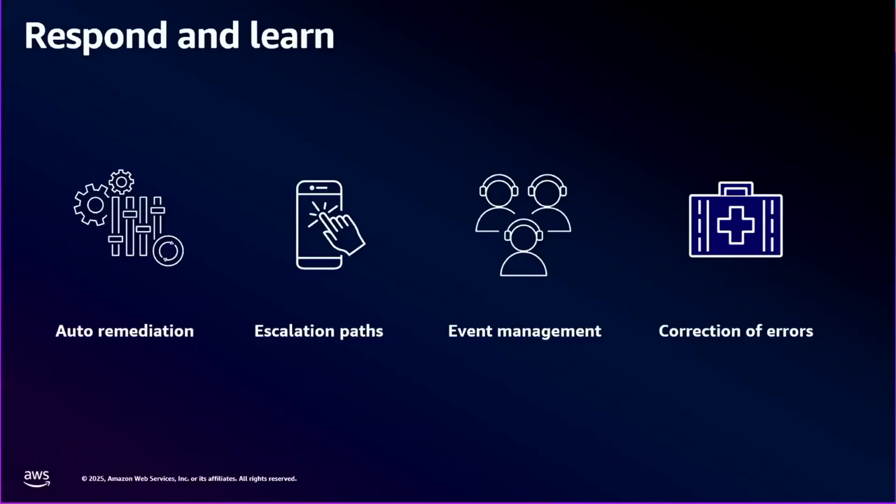You also need the right event management processes and systems to do things like communicate to your customers, whether they're external or internal customers that are using your application. And one of the recommendations, and some of the things we talk to customers about a lot, is have a process in place that gets your teams to ask deep questions about why a failure happened and how to remediate those failures so that they don't happen again in the future.